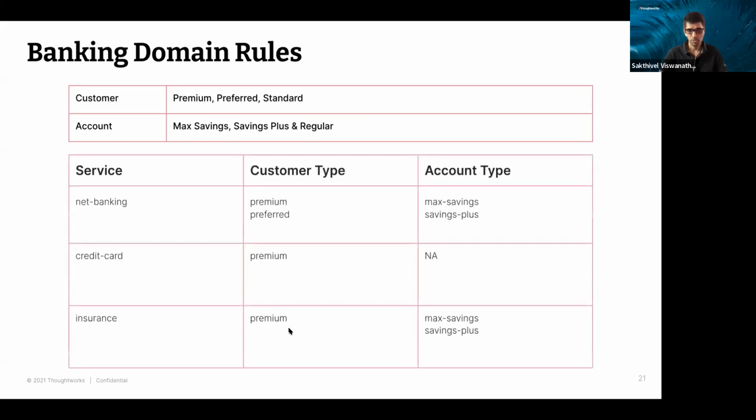And the business comes up and says that net banking should be activated or enabled only for the customers who are either premium or preferred. Similarly, if their account is max savings or savings plus. Meaning if they are a standard customer and they have a regular account, then net banking should not be activated. And similarly for credit card, any premium customer automatically should be dispatched a credit card,